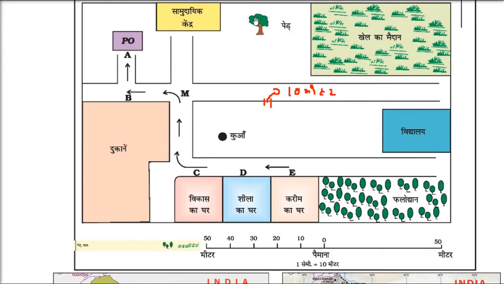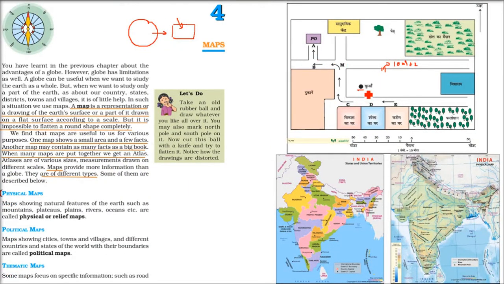So, because I'm not knowing it, I'm from outside and I have this map in front of me, I can know what all is there because of the symbols, because of the north direction, because of the scale. This is the post office. There is a well also, right? So this is the basic element here.